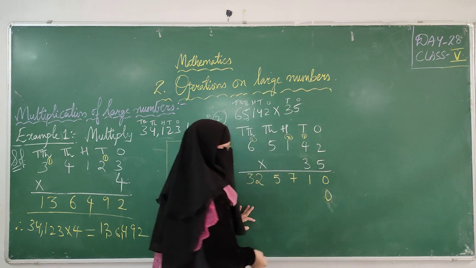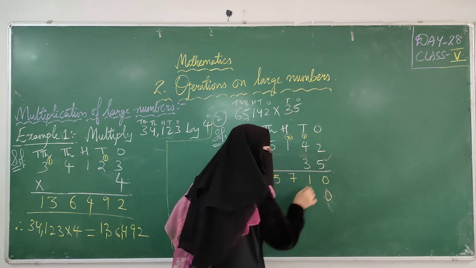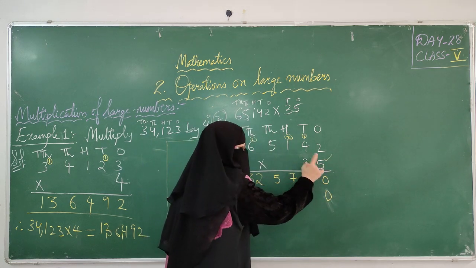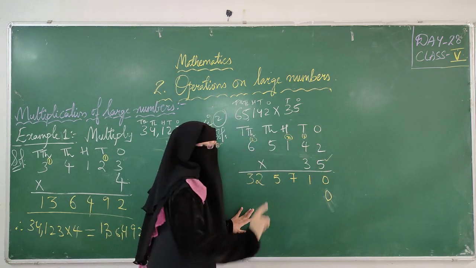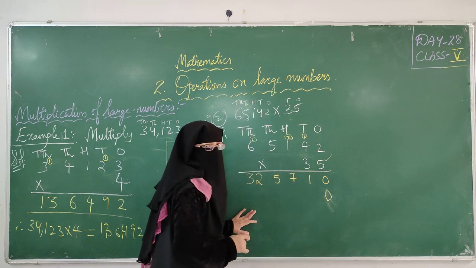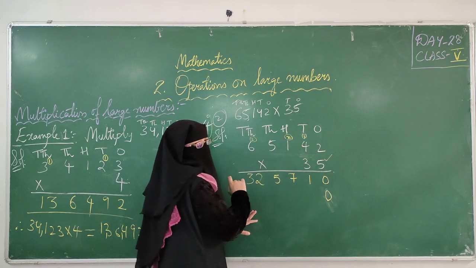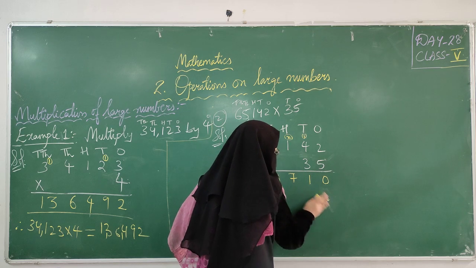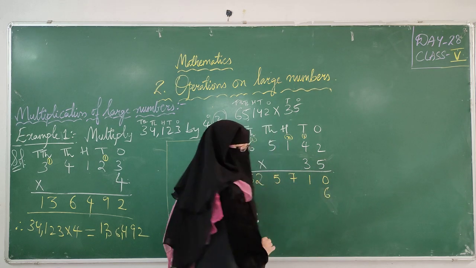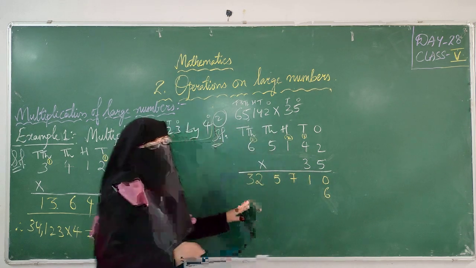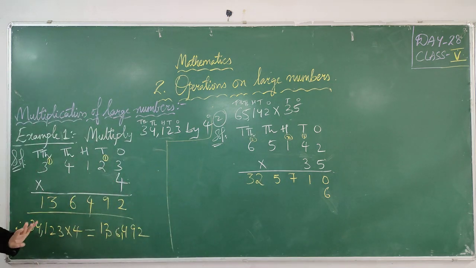Why we are keeping 0 here means we are done with the one's position, one digit. The multiplication of the one digit is complete, that's why we are keeping 0, and then we have to start the next digit. If you are not keeping 0 and directly start with 3 2s are 6, it is wrong. You will get the wrong answer. Anyhow you are doing it right, but you will get the wrong answer. So in your reader they are keeping 0.